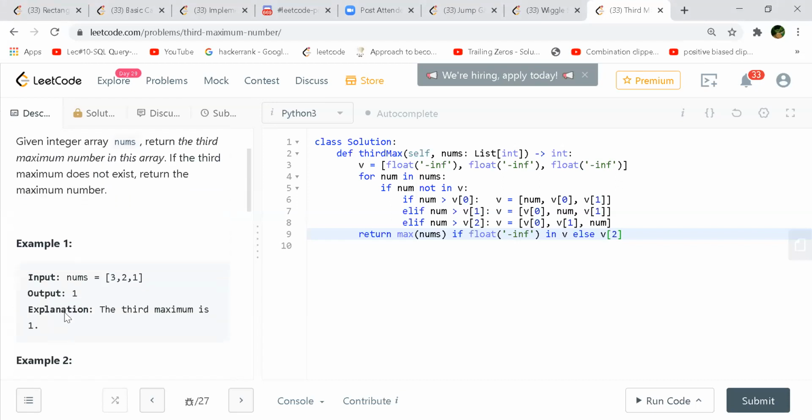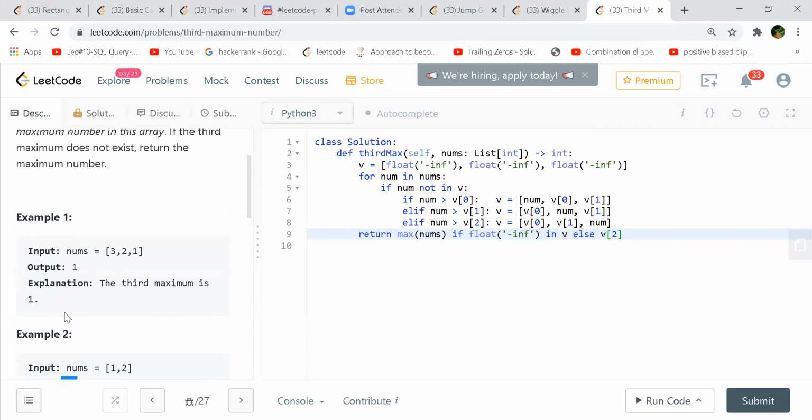Okay. So now the brute force would be just go through the loop one at a time. First find the most maximum element and then just mark it with some number, maybe make it the most least element. And then you do it a second time for the second max. So again mark that to something like int min, and then you go for the third one, right? And at the end you return whatever your third value will be. So that will be a brute force approach.